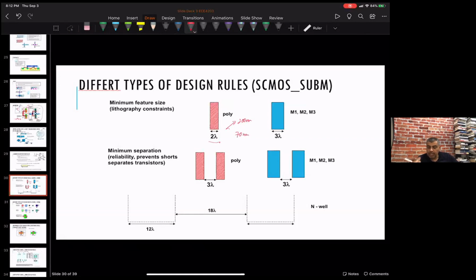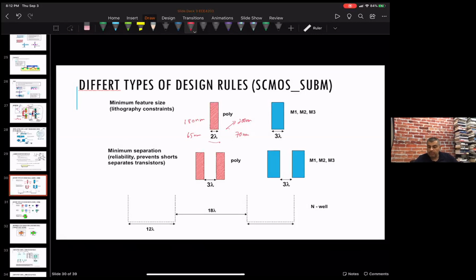If you use the native design rules, your minimum poly width could go as low as 180 nanometers, or 65 nanometers for a 65 nanometer process. So this is already an inefficiency, but because they wanted to multiply by the same constant, it gives you this